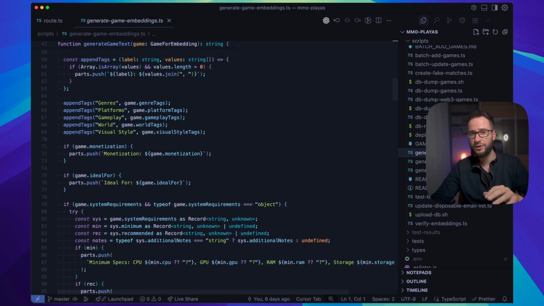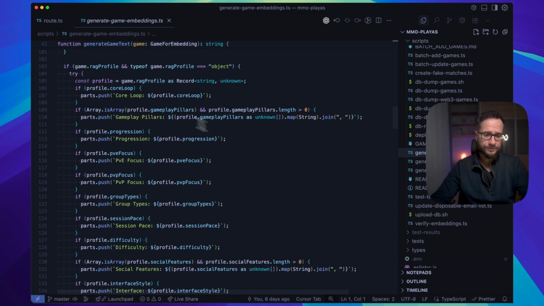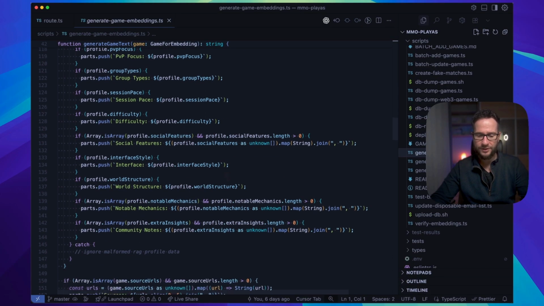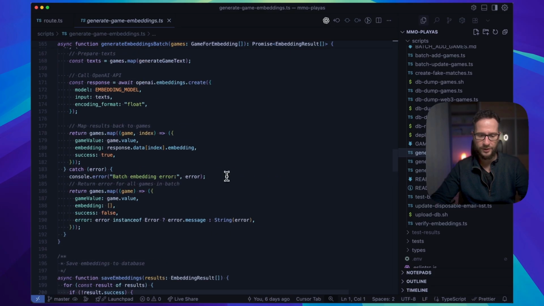So this is the Postgres DB that has a pgvector extension enabled. How to do it? I think the easiest is just ask Cursor or Claude Code how to configure it, and then I have just a script that is iterating over the games, generating these embeddings and storing them in the DB.